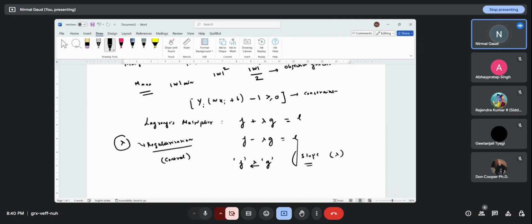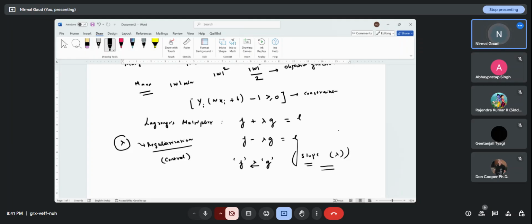We'll call this lambda as a slope. Okay, fine. So there are few things which I did mention related to the Lagrange multiplier, and